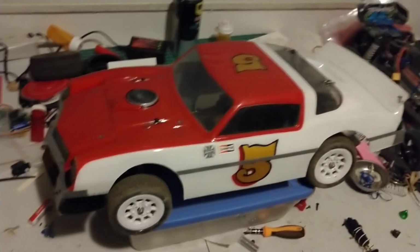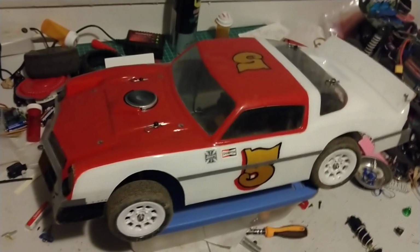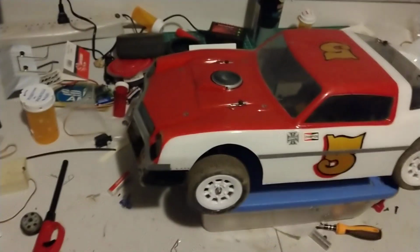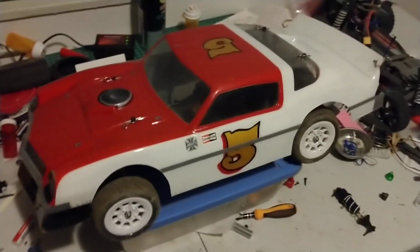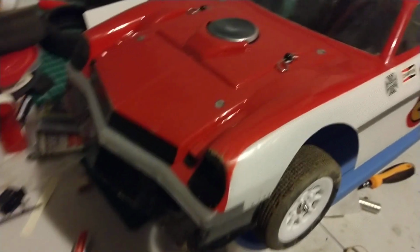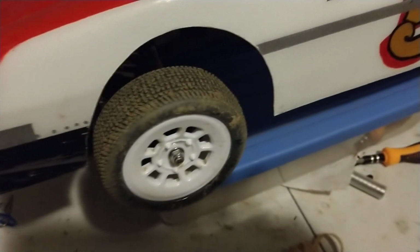I've seen a lot of places, a track up in Indiana and the track over in Toledo, that run a street stock class. And basically, it's any two-wheel drive buggy that you want to put a body on, they've got certain bodies. McAllister has like, I don't know, 12, 13 different bodies, and Jconcepts has actually this body here, which is their Camaro, and then I got the Jconcepts Sprinter tires, because these are like a spec tire for that class,